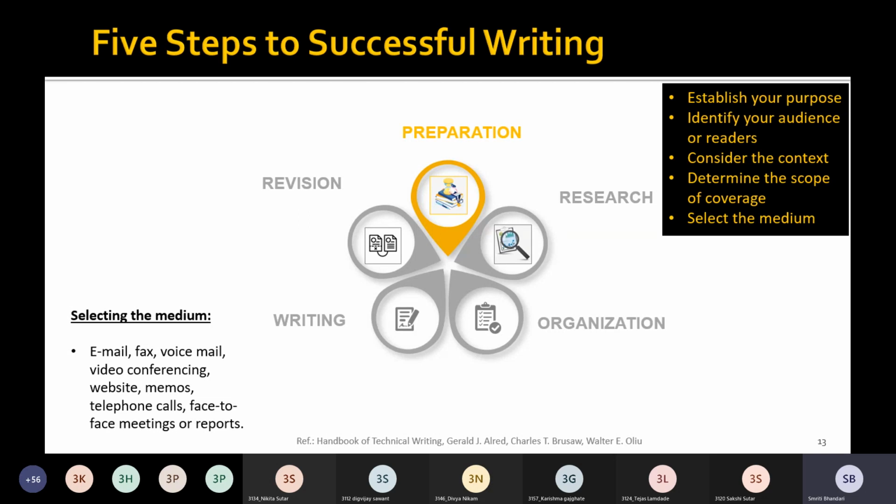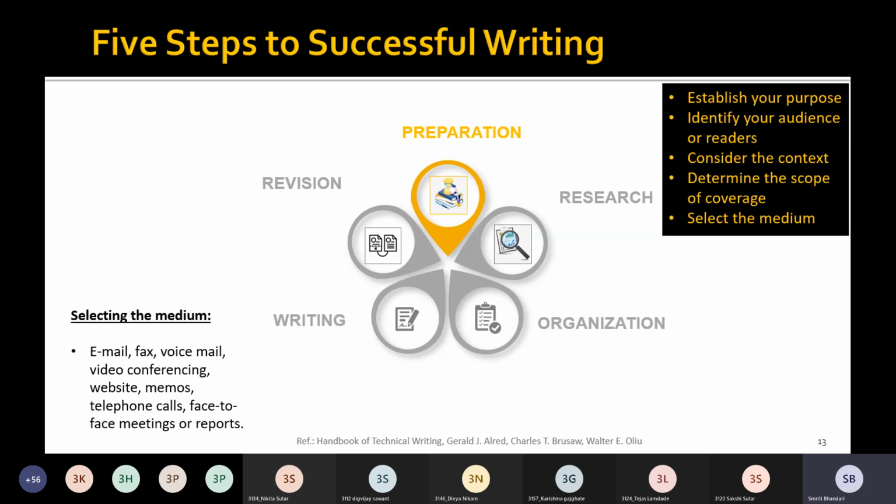So which medium is best suited for the given writing task, that we need to identify. For example, once again, the most important considerations in selecting the appropriate medium are the audience and the purpose of communication.